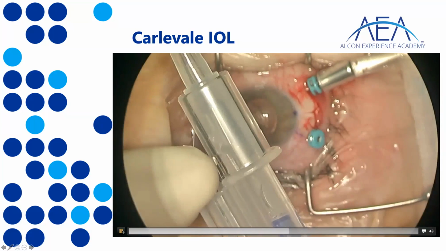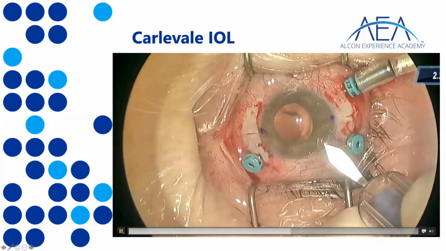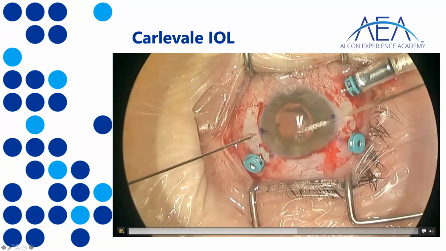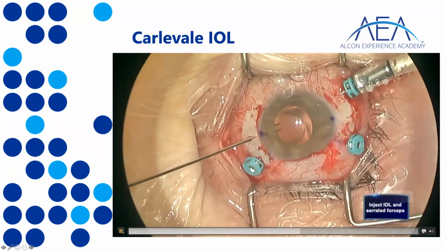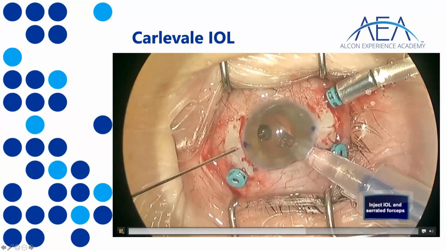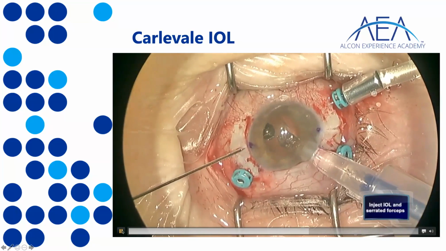You advance the lens a little bit. 2.2 or 2.5 incision. You go inside the eye with your forceps ready to receive the lens, and you start injecting the lens slowly, because oh boy,